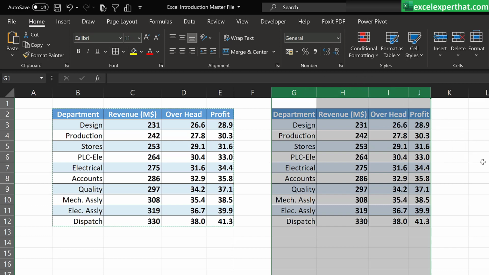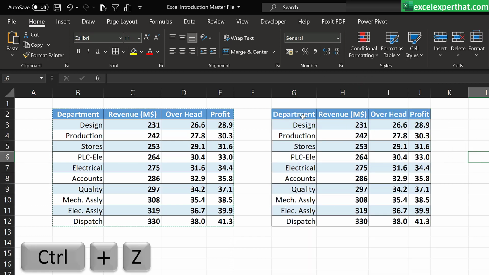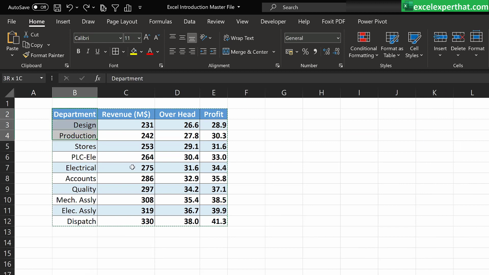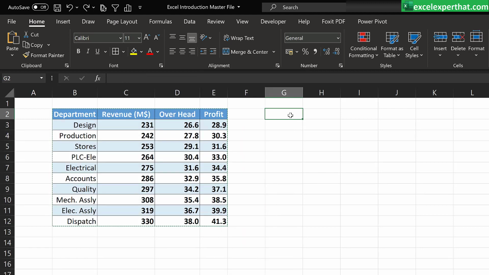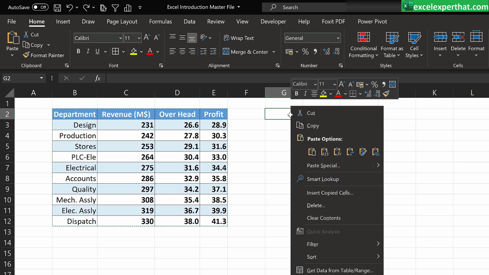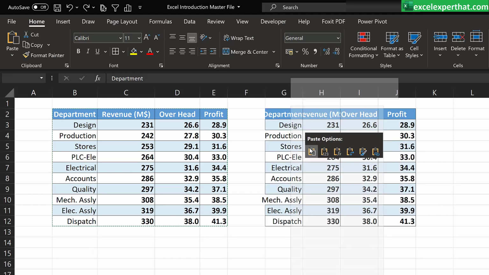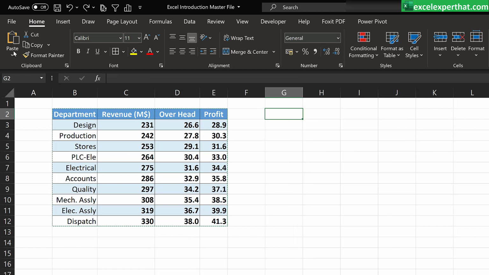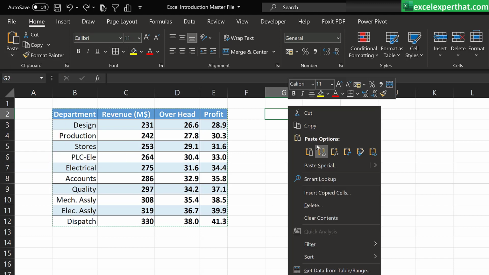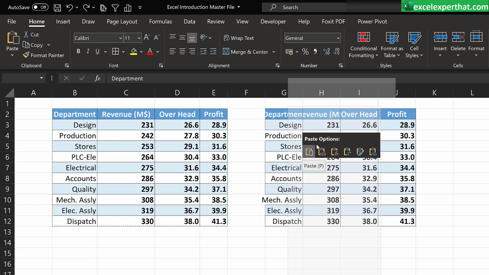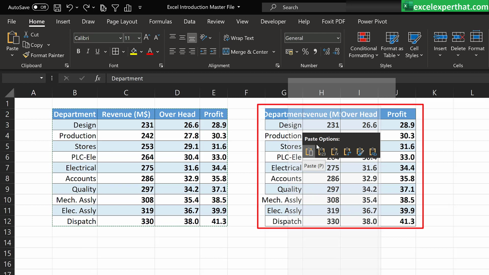But we have different methods, or you can say options, available to paste this data. Let's undo. Here we are going to copy this data again, and now I want to paste it from this cell. Remember, either you can directly right click and a number of paste options are available, otherwise in the home tab you have the paste option with the paste special option also. So here I will right click and go to the paste option. Now you can see this is our regular method of pasting the data, where cell width and height will not be taken care of by Excel.